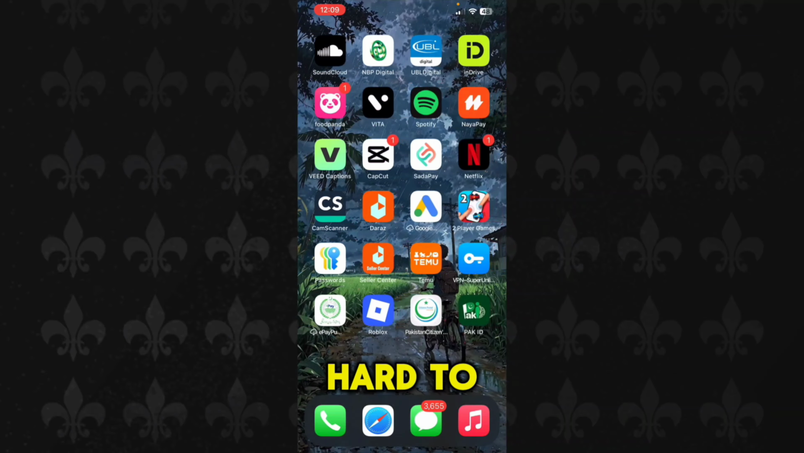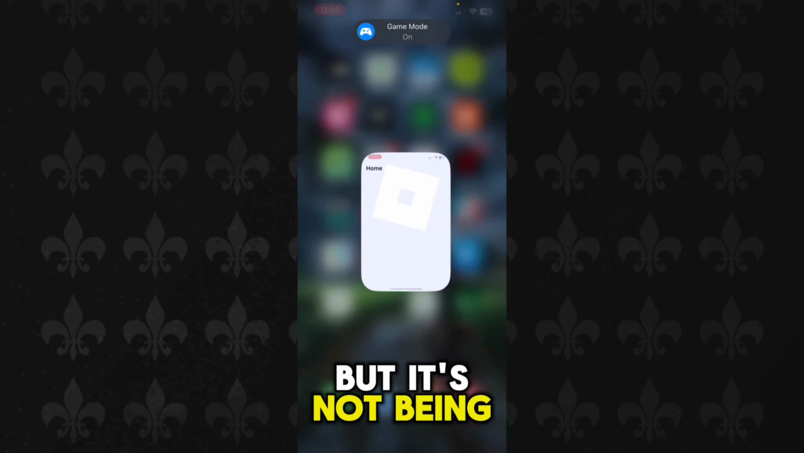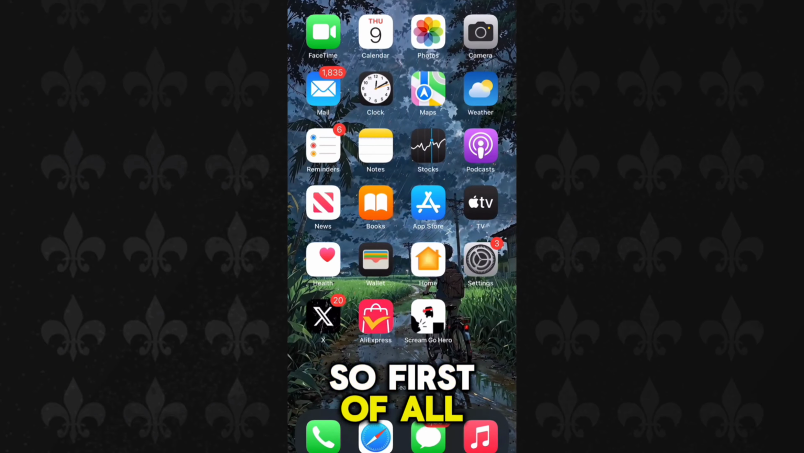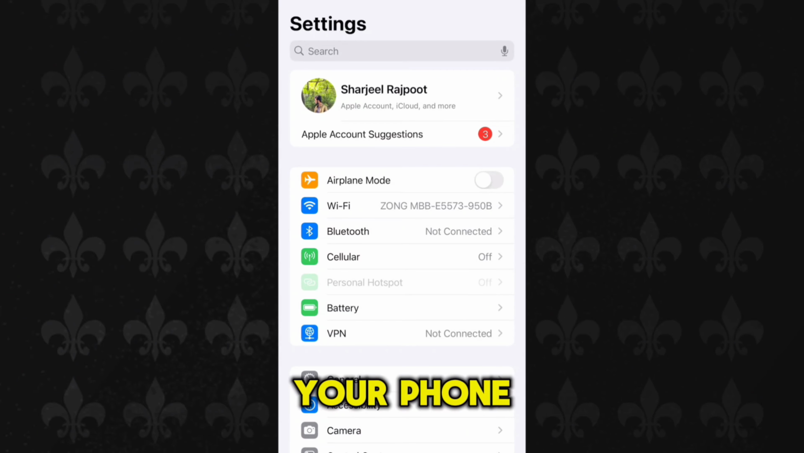So you are trying hard to launch your Roblox game, but it's not being launched. So how can you fix this error in less than a minute? First of all, you have to hop into the settings of your phone, and after that you have to